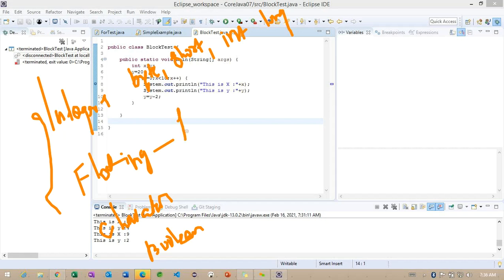And in the floating, float and double. Getting the point. In the character, we are going to have that one only, char.